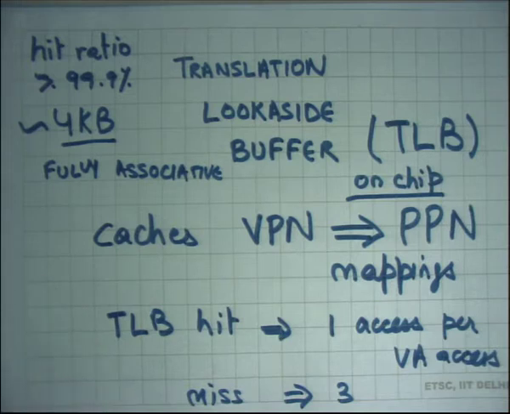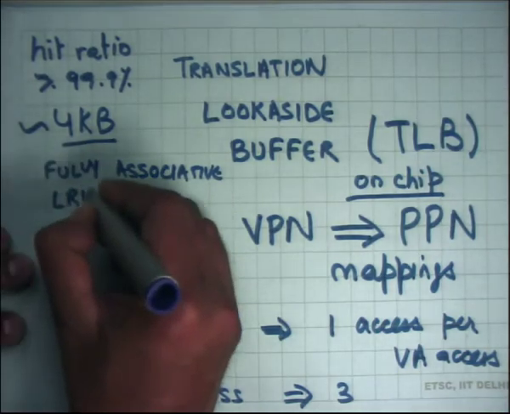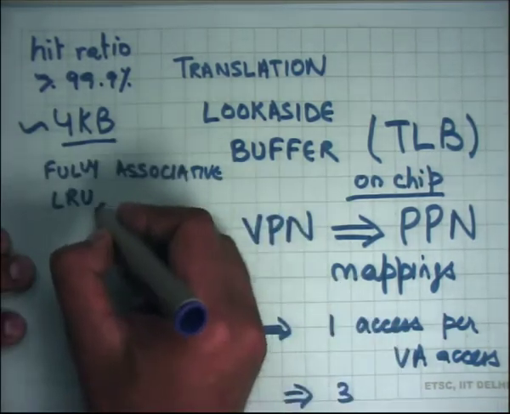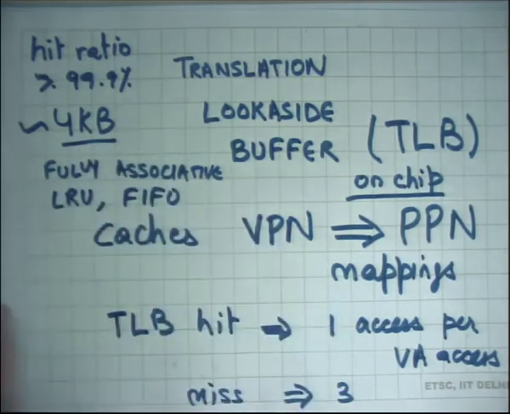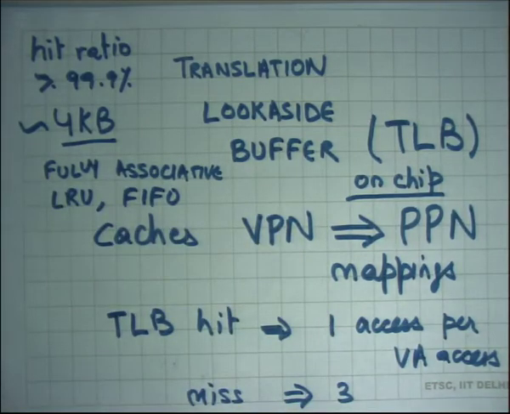Cache replacement policy usually matters if the size of your caches are small. If your size of the caches are bigger than the working set size, then cache replacement policy is actually not that crucial. It doesn't really matter what your cache replacement policy is. So you can use something like LRU, which will require some bookkeeping, or a simpler policy, maybe FIFO, and the hardware designer can make a choice. FIFO is simpler to implement, but it may have a slightly lower hit ratio than LRU. LRU is more complex to implement. It may or may not have better hit ratios and all that.